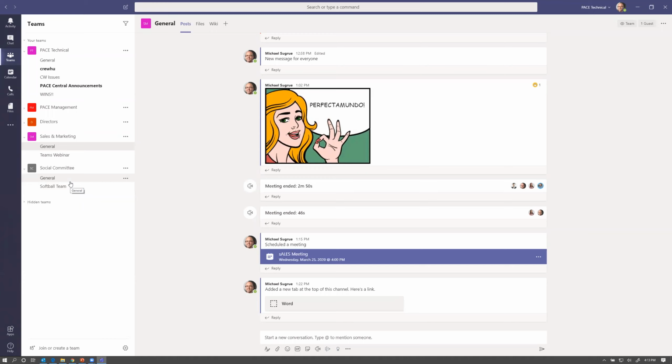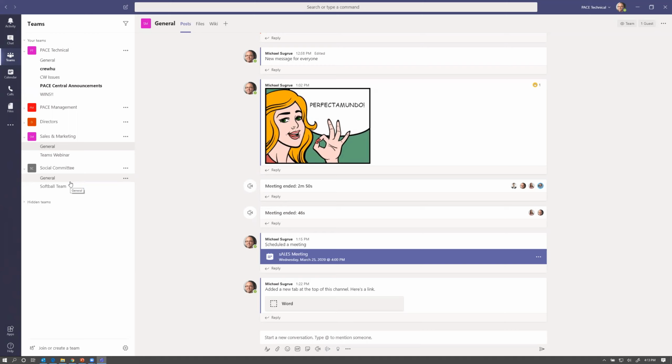So there's basically three types of teams that exist. There's public teams, and public teams are viewable by anybody in your organization, and anybody can join them. I'll show you what one of those looks like in a minute. And there's private teams, and private teams, you can only join a private team if you're added by the owner, or if somebody invites you to join a private team, and you still need to be approved by the owner in order to be a part of that team.